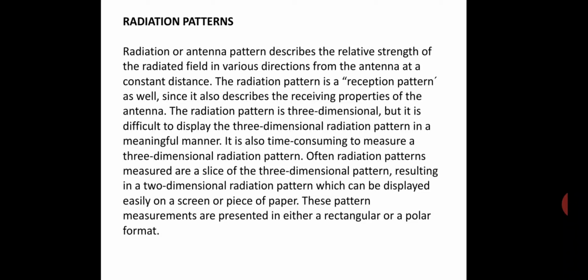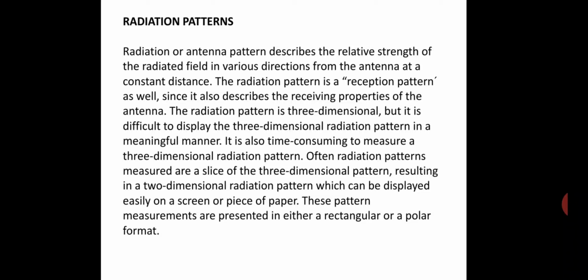The directivity of an antenna is defined as the ratio of the radiation intensity in a given direction from the antenna to the radiation intensity averaged over all directions. In other words, the directivity of a non-isotropic source is equal to the ratio of its radiation intensity in a given direction over that of an isotropic source, U upon Ui. So directivity is 4 pi U upon Prad. D is the directivity of the antenna, U is the radiation intensity of the antenna, and Ui is the radiation intensity of the isotropic antenna.